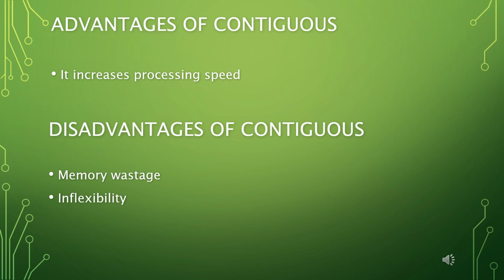Now, what are the disadvantages? The main disadvantage of contiguous memory allocation is memory wastage and inflexibility. The memory is allocated to the file or a process keeping in mind that it will grow during the run, but until the process or file grows, many blocks allocated to it remain unutilized, and even then they cannot be allocated to another process, leading to wastage of memory. In case the process or the file grows beyond expectation, that is beyond the allocated memory block, then it will abort with the message no disk space available, leading to inflexibility.